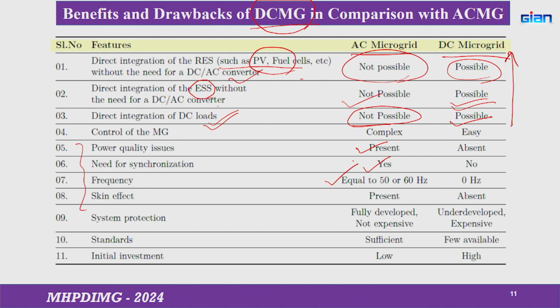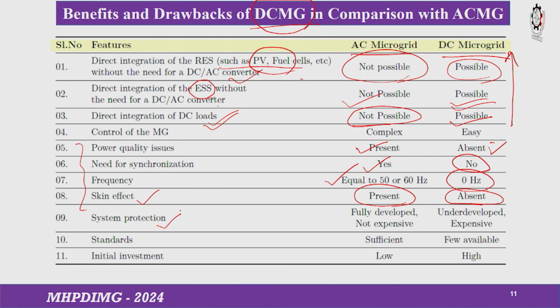Frequency you have to maintain for an AC system, whereas this power quality issue is absent in case of a DC system. You do not need any synchronization and there is no frequency maintenance issue. And coming to the skin effect, yes, it is present in case of an AC microgrid, whereas it is absent in case of a DC microgrid. But if we look at the demerits, the drawbacks of the DC system,